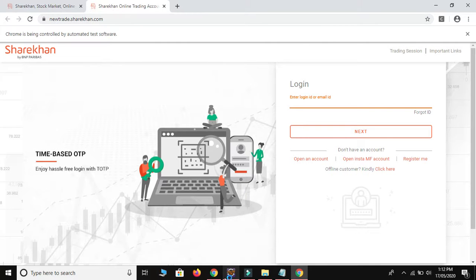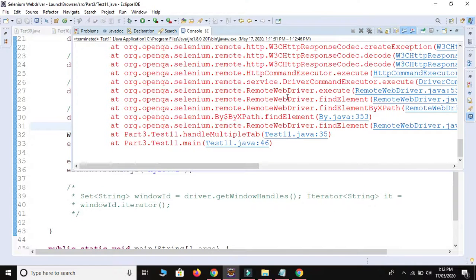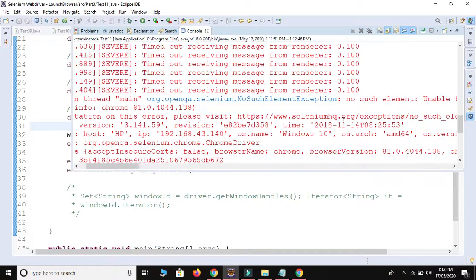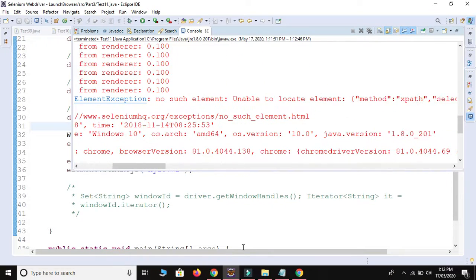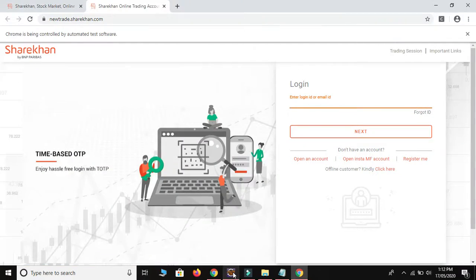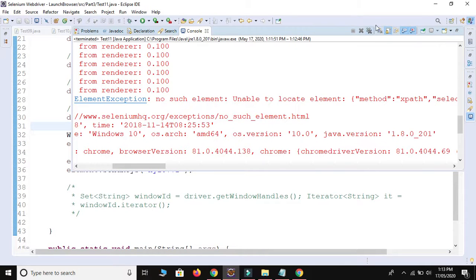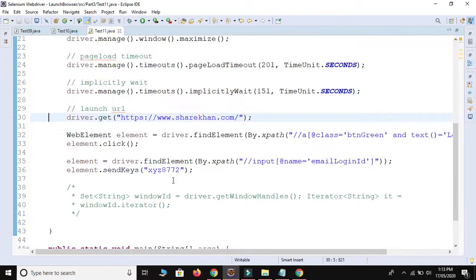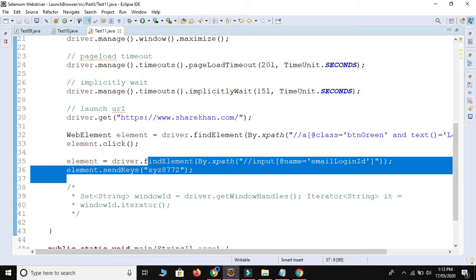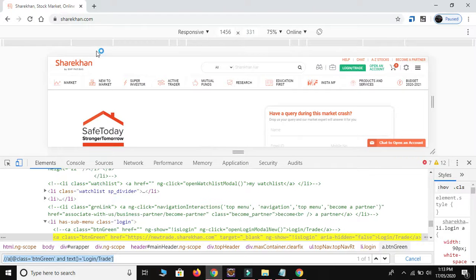Let me open Eclipse. No such element exception, because we have written the code to find this text box and enter some value, but we didn't change our control. Okay, so as of now, script will try to find this web element. Script is going to find this web element on which page? On the first page,